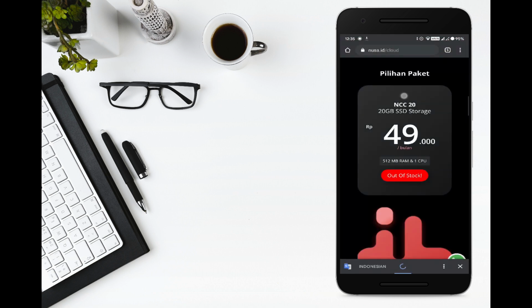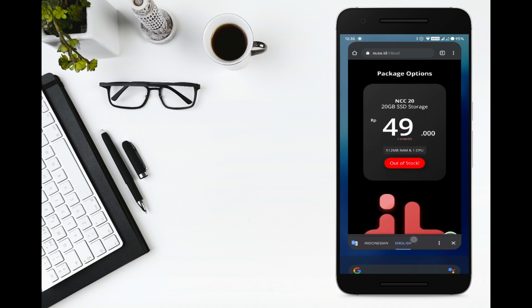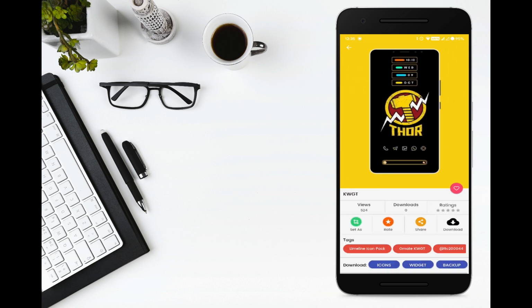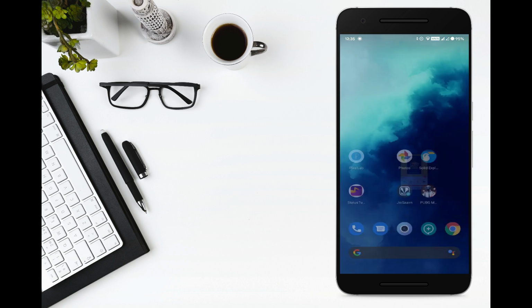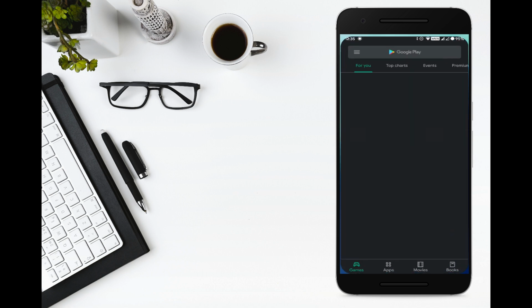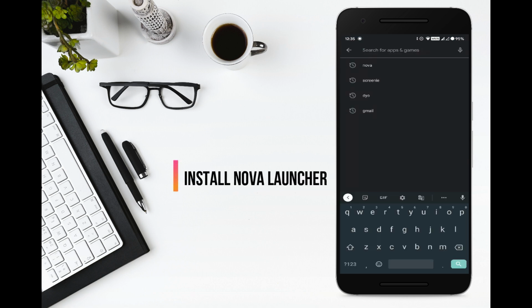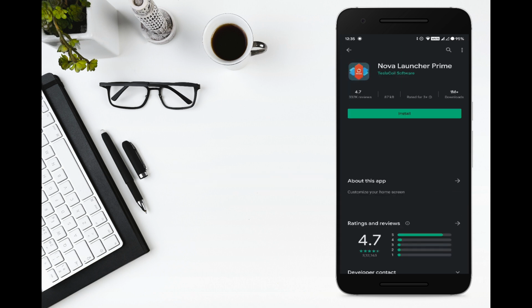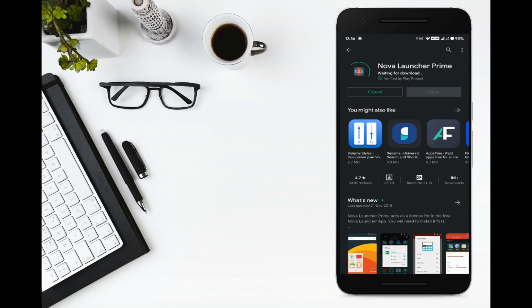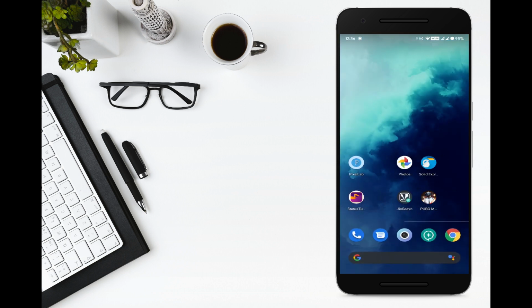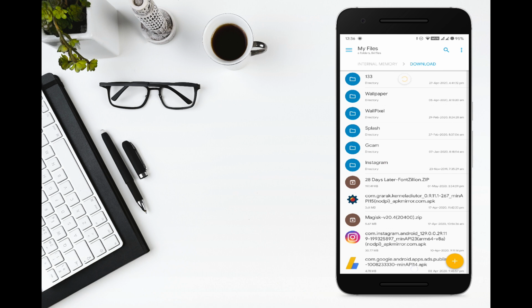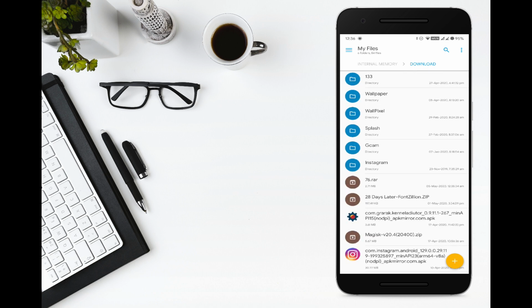So after installing it, we need to download the backup file, the widget backup. Clicking on the widget backup button will automatically download the file. It will be saved in the internal storage downloads folder. Now we need to install Nova Launcher. Just the normal version will not do the job. I think we should also install the Prime version. I have already purchased Nova Launcher Prime. If you haven't purchased it, you can also get that app in the Telegram group of Screeny.